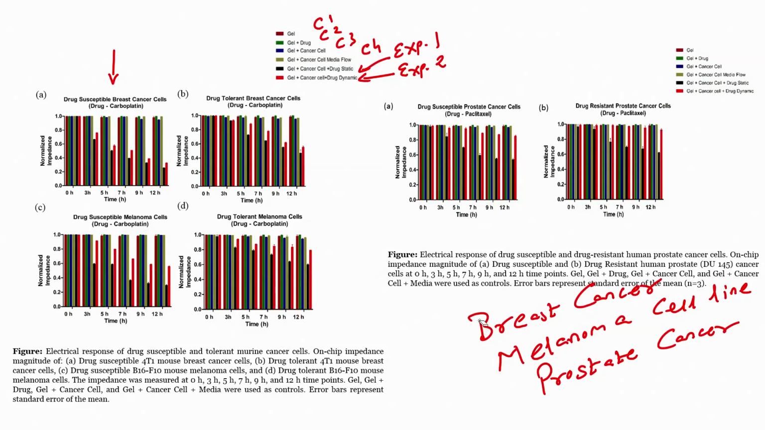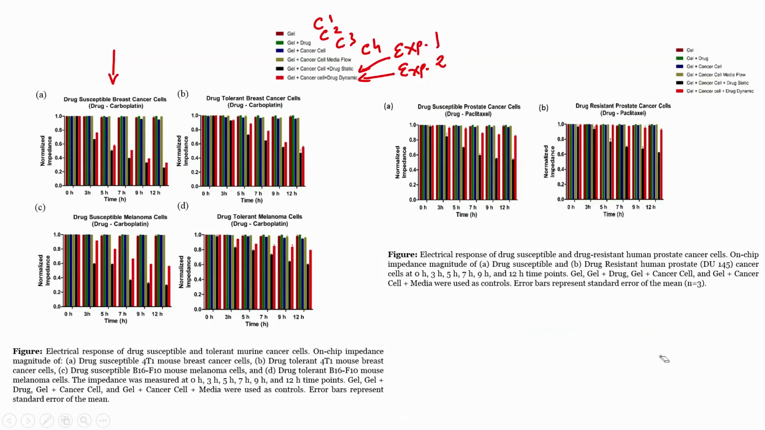So, three things we have tested: breast cancer, melanoma and prostate cancer. Now, let us see. If you look at 0 R, the impedance is almost 1, which is normalized impedance, and as you keep increasing the R's from 0 to 3 to 5 to 7 to 9 to 12, you can see a change in impedance for our experiment, which is static, which is here,